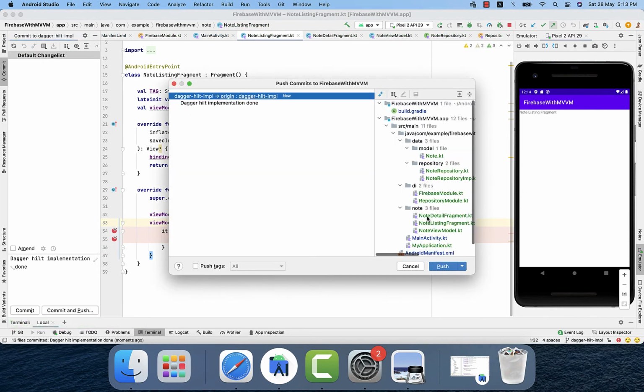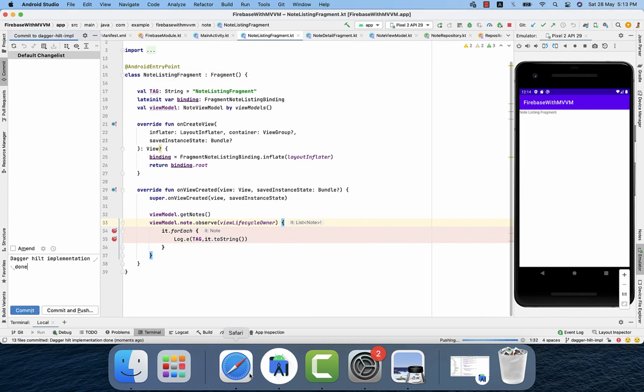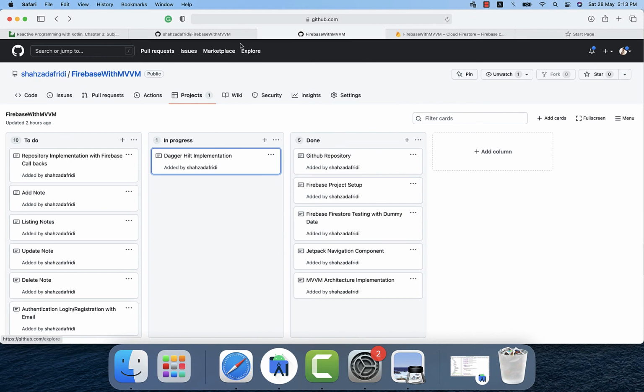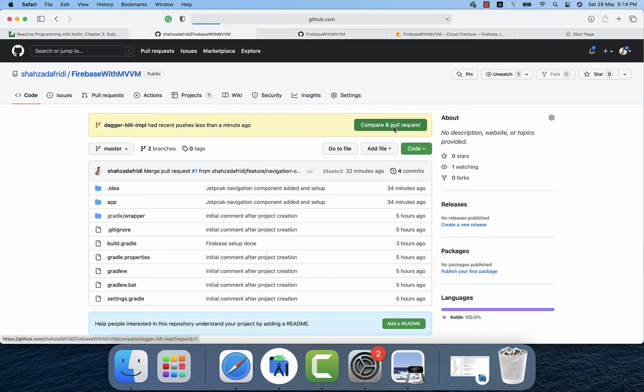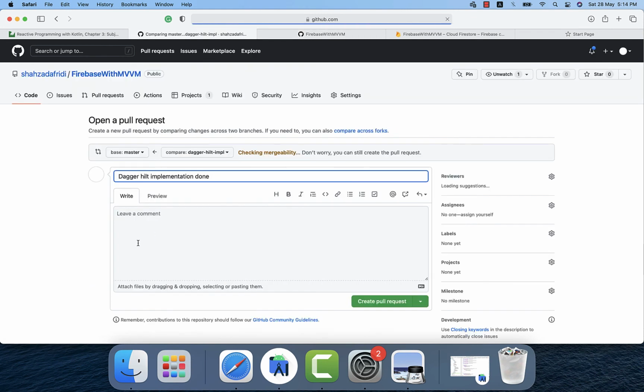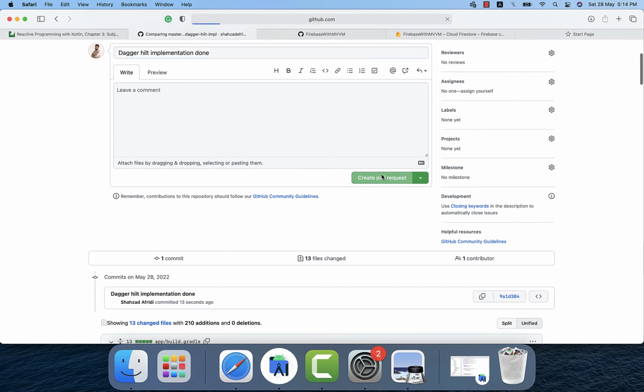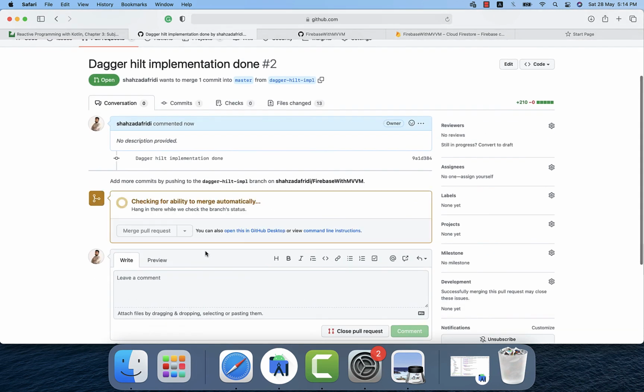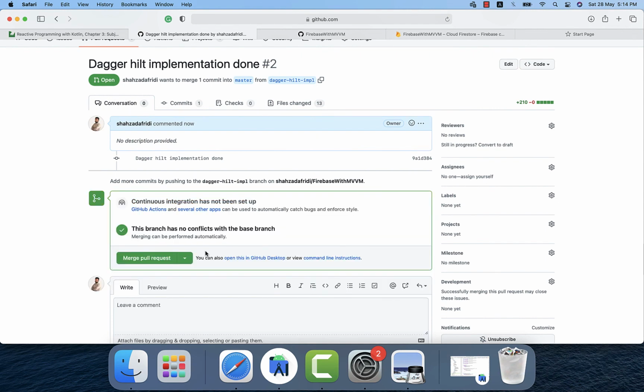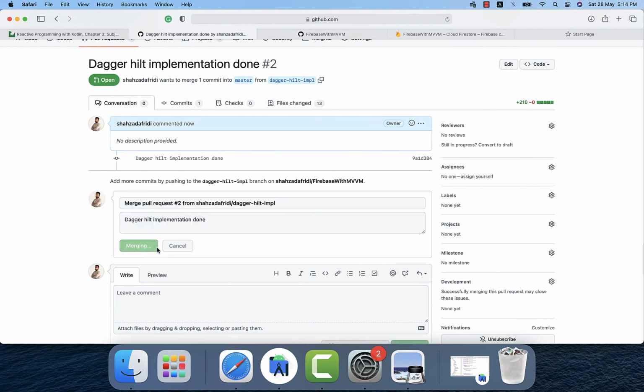Now I will push the changes to that branch. Once it's pushed, we will go to the GitHub repository in order to merge that branch. Now I will compare and create the pull request, and it will check for merge conflicts. If there are no conflicts, we will get a green signal. Now I merge the